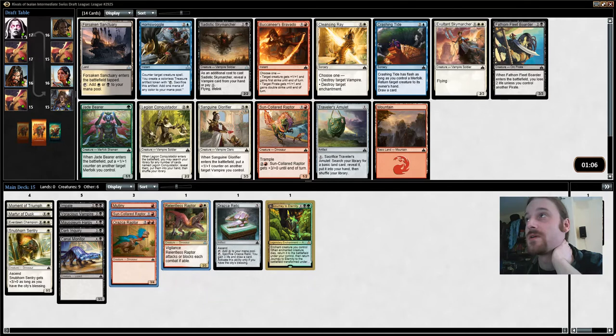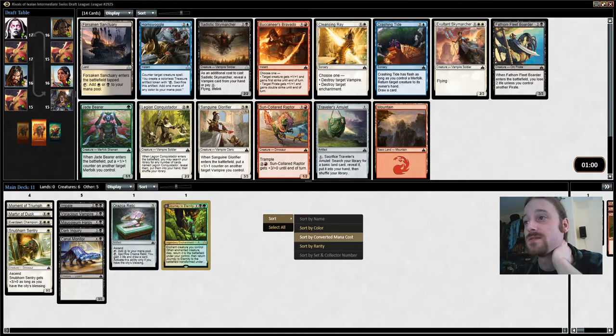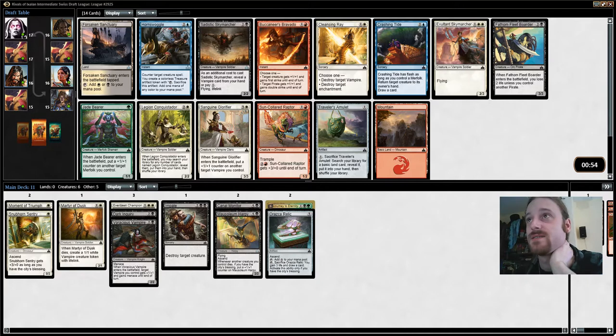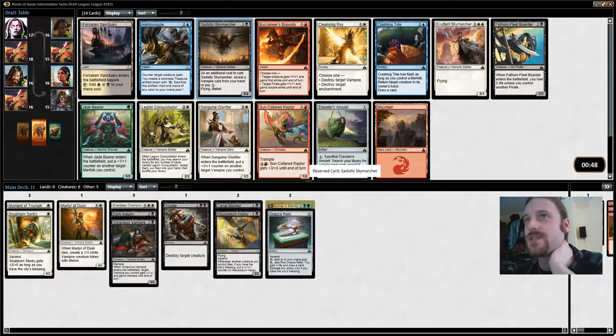Alright, so maybe we are indeed white-black. We do have some vampires. I'm gonna take this guy. It seems like a good flyer, right? I don't mind this, but